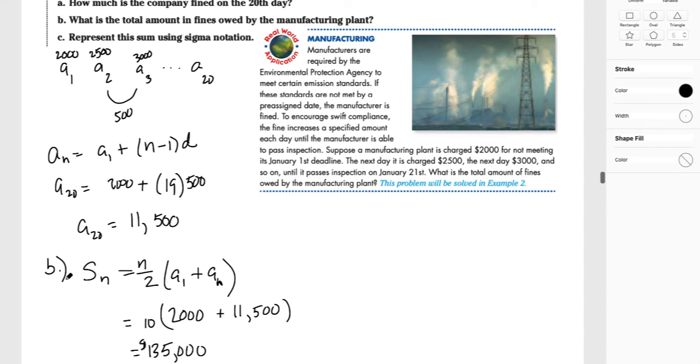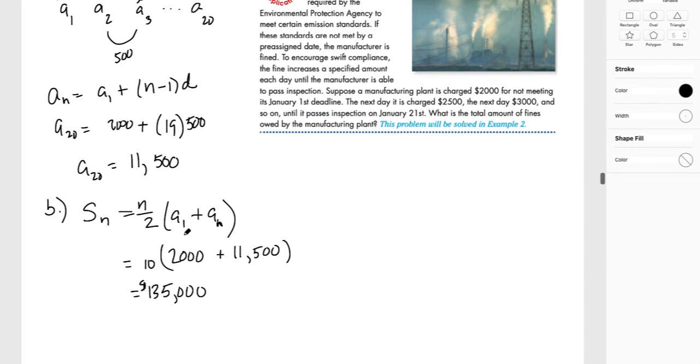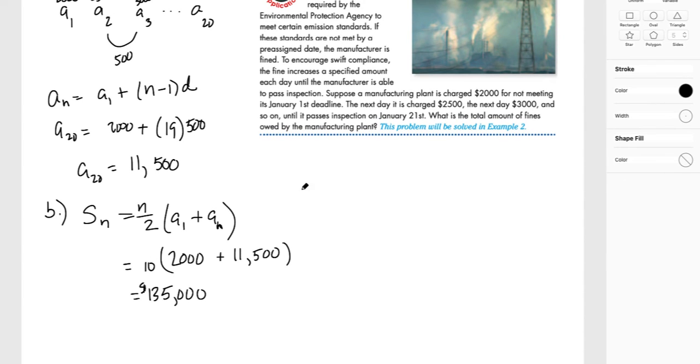And then finally, part C, it says represent this sum by using sigma notation. Okay, so how will we do it? So we know that we're going to be dealing with days 1 through day 20. So n equals 1 to 20 is what we're going to be dealing with. And how do we represent n in each of this case, right? So we can say that a sub n is really equal to, well, we know the first one was,